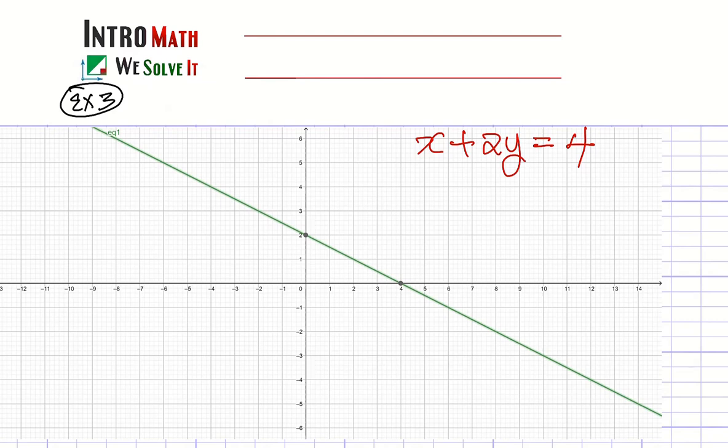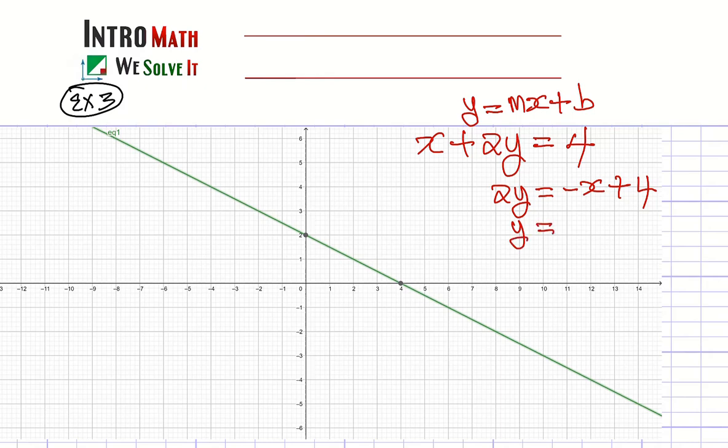Example number 3. Now we have to put it in the slope-intercept form before we can do anything. That's mx plus b, right? So we'll rewrite it. 2y is equal to -x plus 4. Okay. And then we divide both sides by 2. Then we get y equals 1/2 minus 1/2 x, plus 2, because we're dividing both